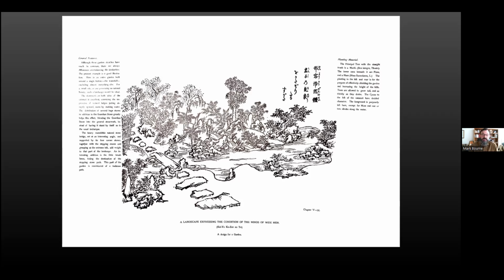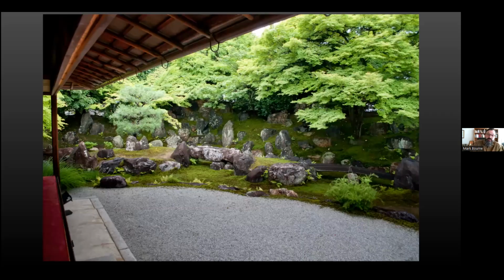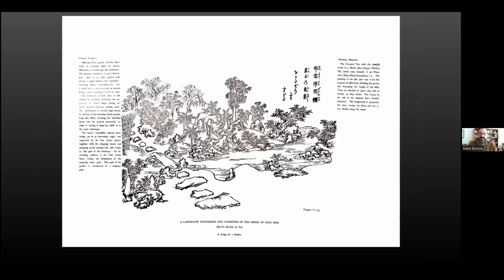And that's another key part of this talk today: why are some things wrong? It's like there's no right answer, but there are a lot of wrong ones. And it gets back to looking at this garden at Entokuin, where there's a real richness, as in any of the other really good gardens, but they're also very specific, right? And so these abstract illustrations...